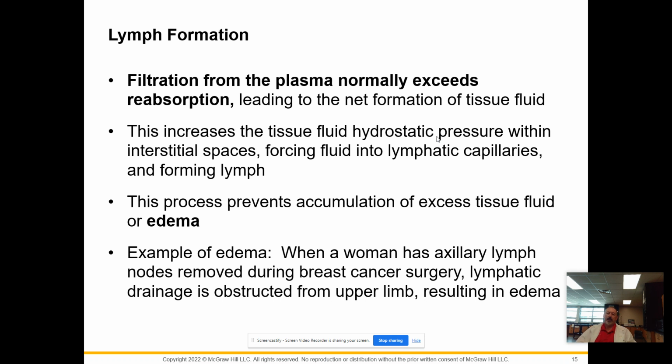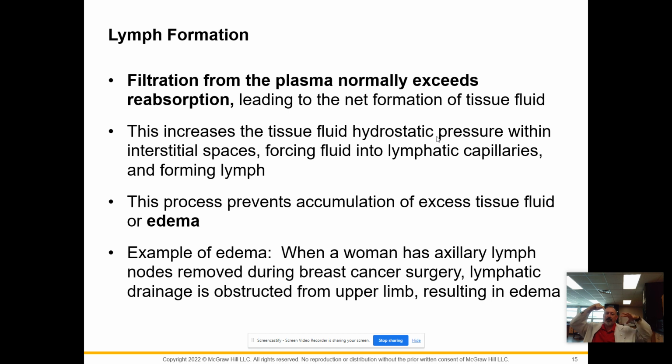So, lymph formation. Filtration from plasma normally exceeds reabsorption. As a result, fluid forms. So we know that we're filtering the plasma. Most of it is taken back, but some remains. The remaining is going to be that increased amount of fluid, as that tissue fluid is going to have its own hydrostatic pressure, which is higher than that of the